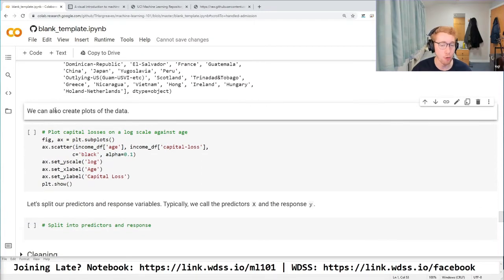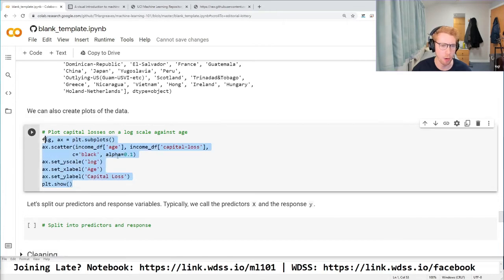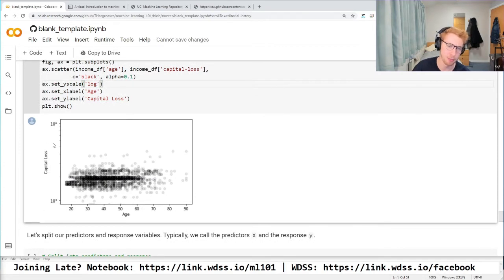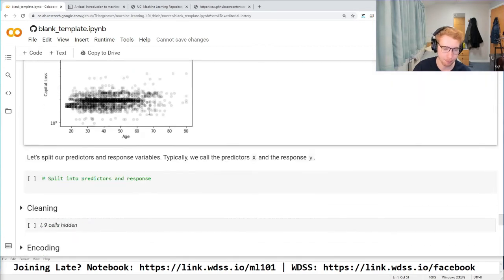And we can also create some plots. We're not going to walk through this code here. If you click the play button or control enter to run it, we get a plot of age against capital loss. So, not the most informative, but we can do that if we wanted to. And if we had more time, we'd look at some other plots that we could do. Okay, so